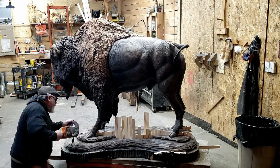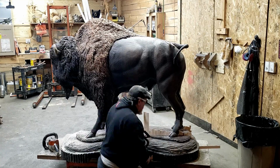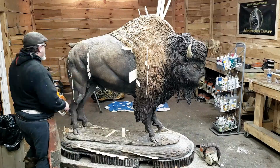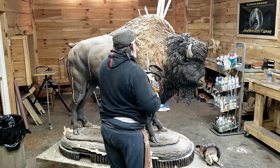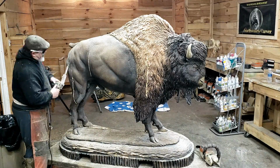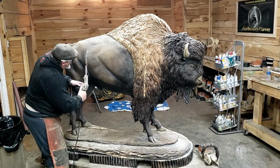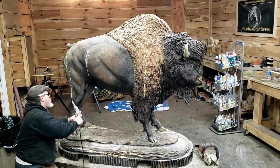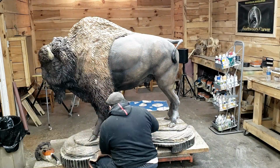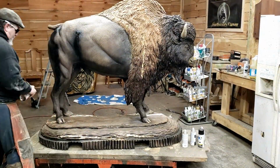Well, let's pitter patter and get at her, folks. This is my handy dandy little 70C. I thought I was going to be using my 140, but it looks like the 70C I'm using here. It's a wonderful little saw, man. If you haven't tried one, go out and give one a quick trigger, oh boy. I'm just gonna keep getting myself deeper and deeper here. Then I'm going over everything with my little finger sander, little band file, whatever you want to call it,